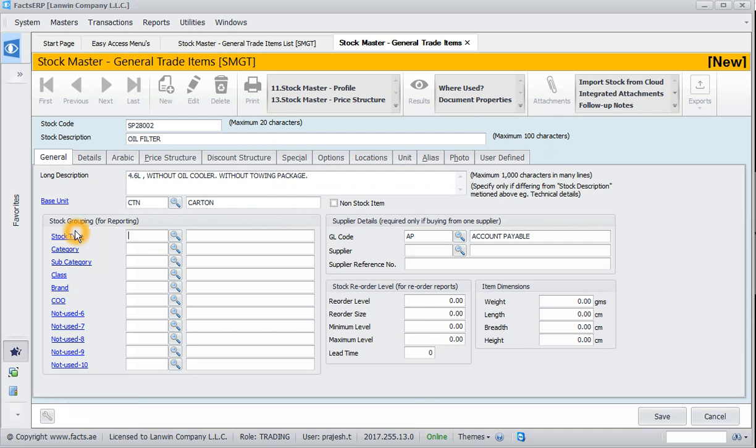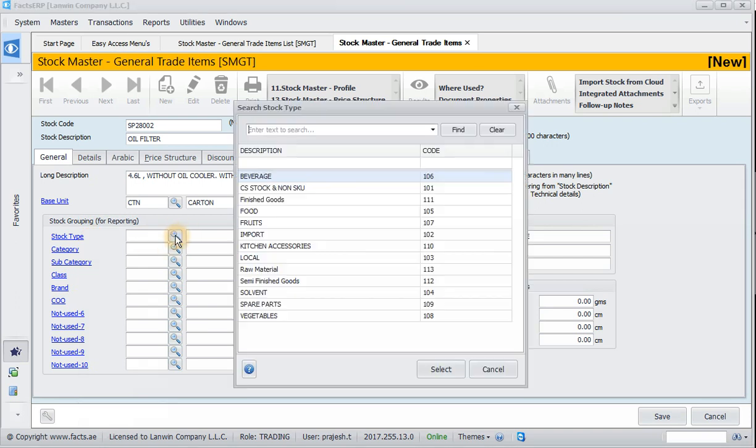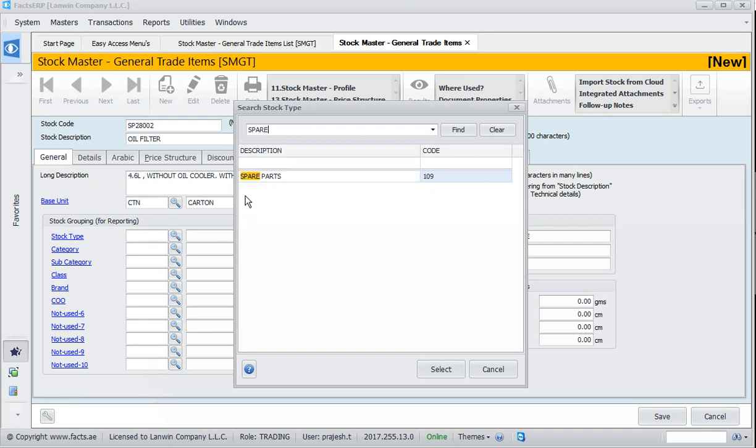Now there are 10 different grouping fields we have provided in the stock master, which can be used for reporting purposes. Like stock type, you can select it again from the stock type master. Suppose spare parts.